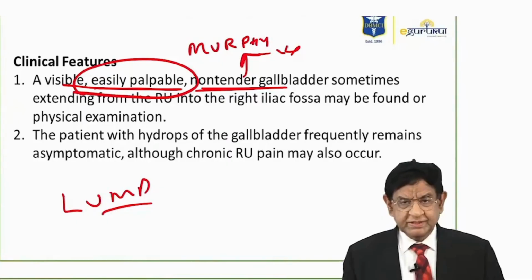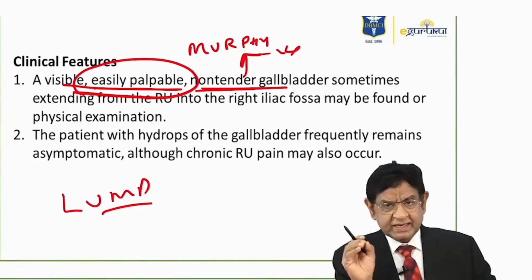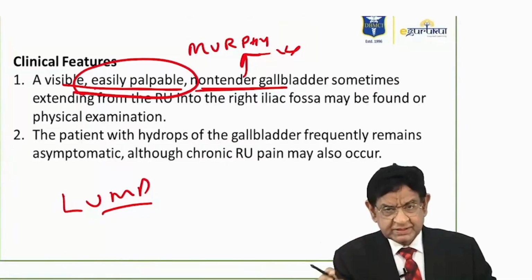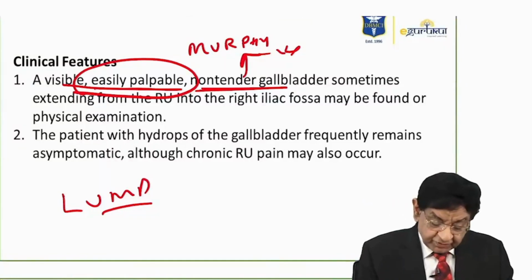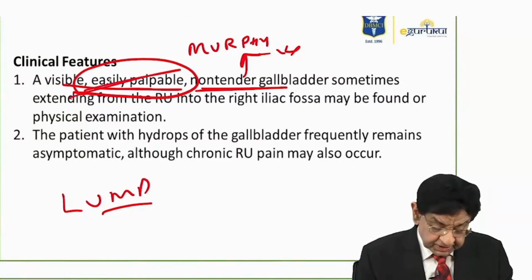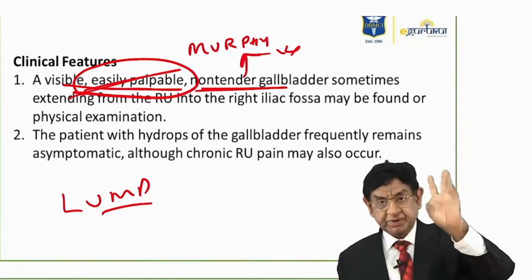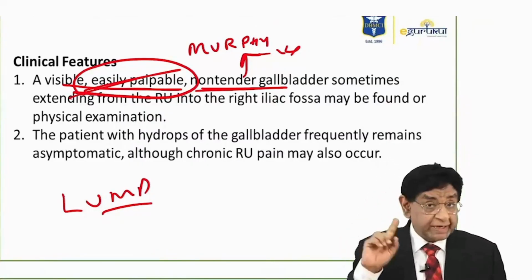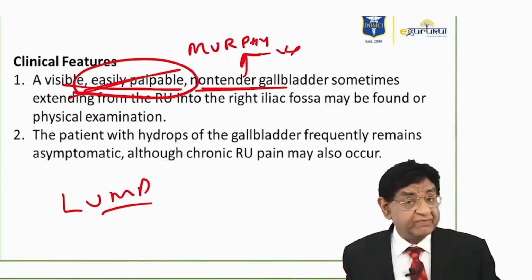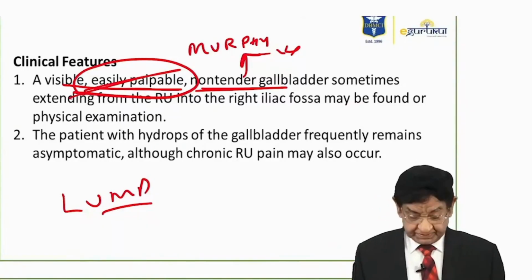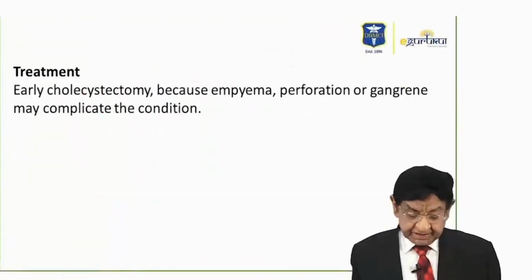So friends, the first keyword was collection of mucus. The second keyword is very enlarged and easily palpable gallbladder. The second keyword to remember. No tenderness: Murphy's sign will be negative in these cases. Treatment is surgery